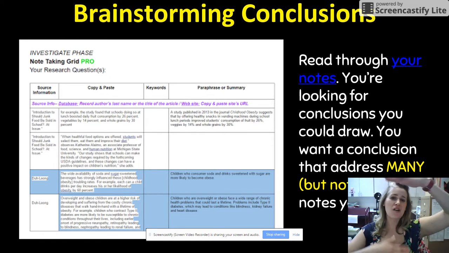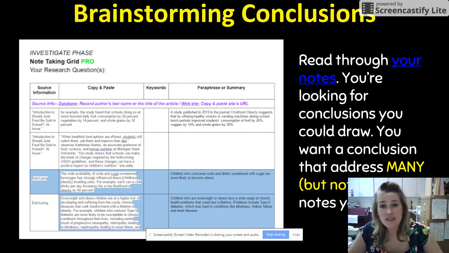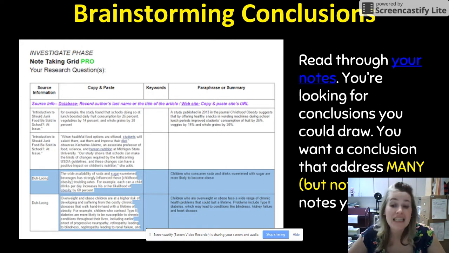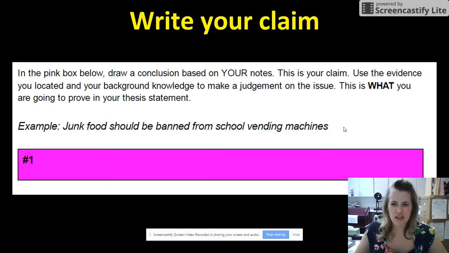And in that stronger side, I want you to try and draw a conclusion. Look for words that your notes have in common. Look for ideas that they have in common. And you are going to, on this pink handout, draw a conclusion. Okay? This is going to be your claim, the thing that you are